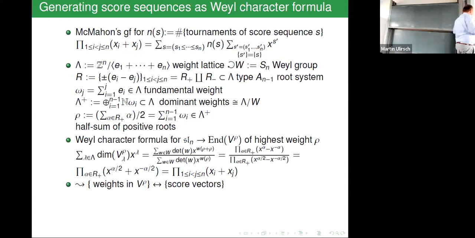So we see that the weights appearing in the representation are exactly for vectors, tournaments, dominant weights,